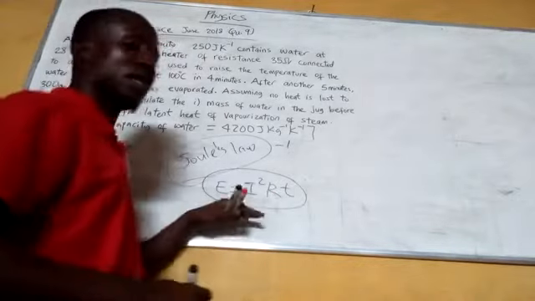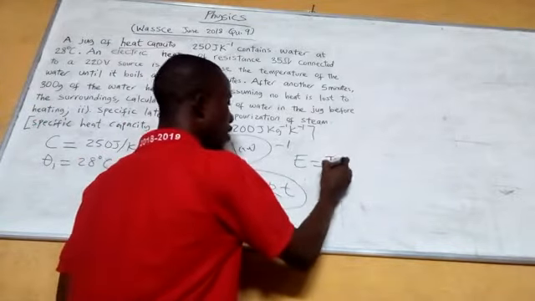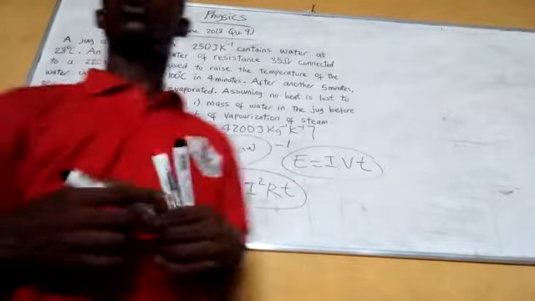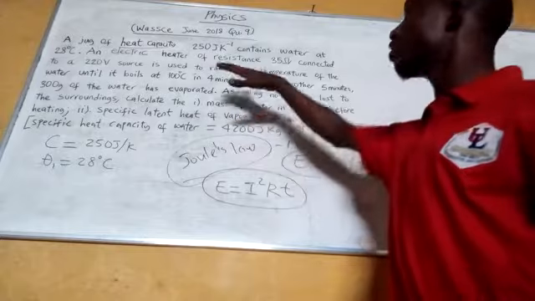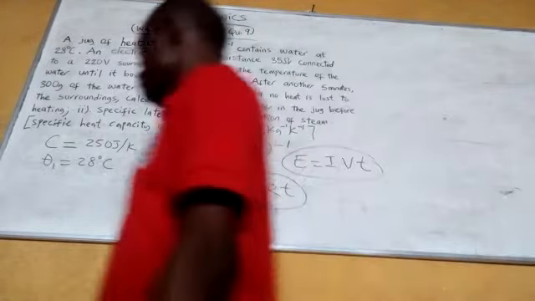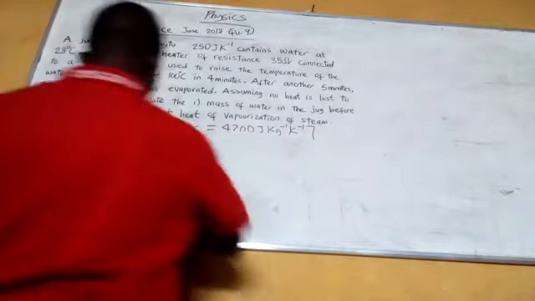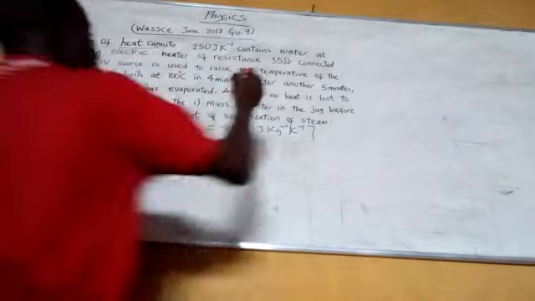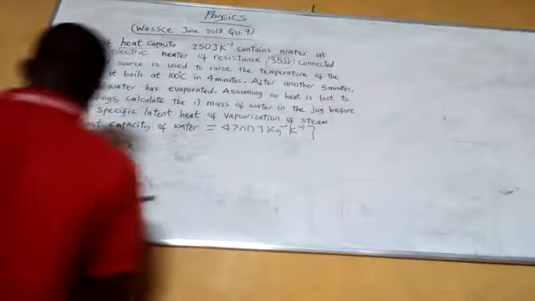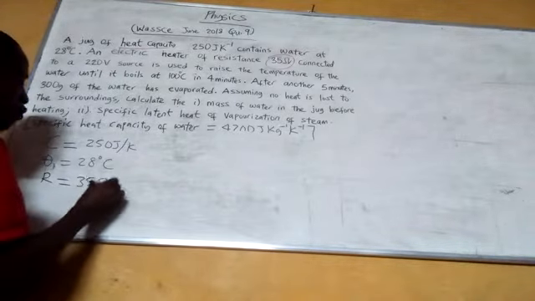In another form, it can be written as the heat developed in a conductor is equal to the current, the voltage multiplied by the time. This also implies Joule's law. So because of the electric heater that has been introduced in this problem, we need to bring Joule's law into it. So here, we can see that this is the resistance. So the resistance of the electric heater is represented by R is equal to 35 ohms.